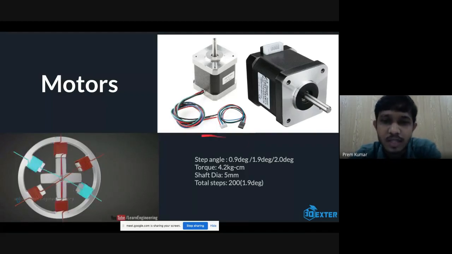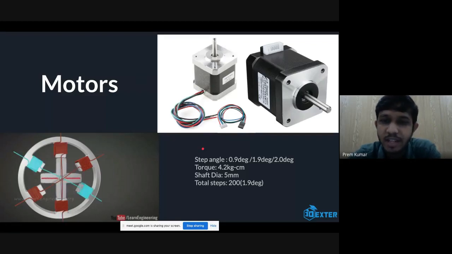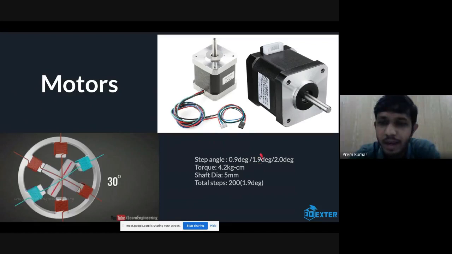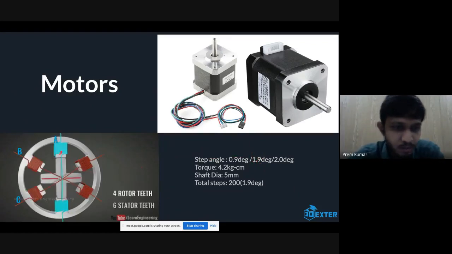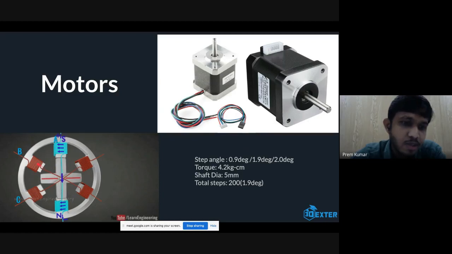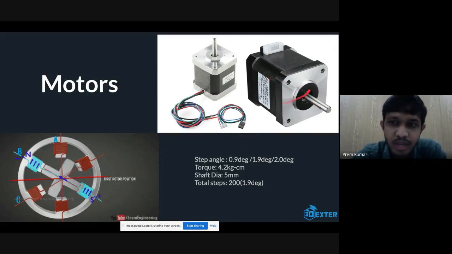For these stepper motors in 3D printers, basic DIY 3D printers, we will be using a 1.9 degree minimum step angle. If we see here, the angle is 30 degrees because the number of poles is less. If you look at these stepper motors, they have a number of poles inside the casing.